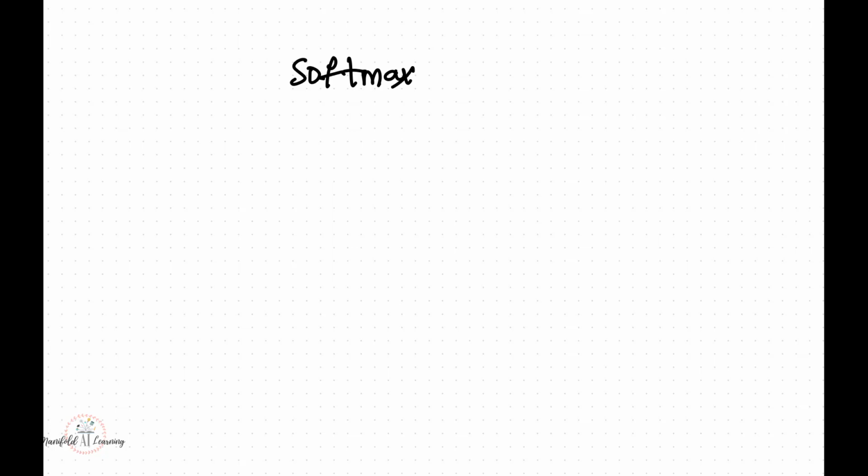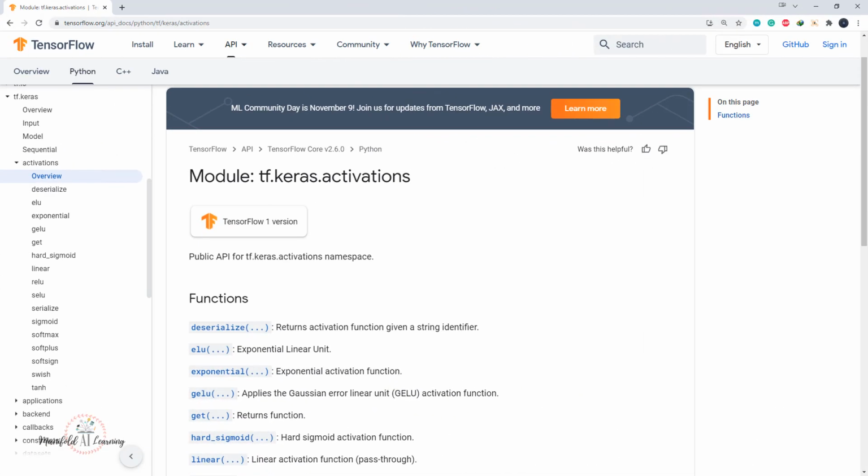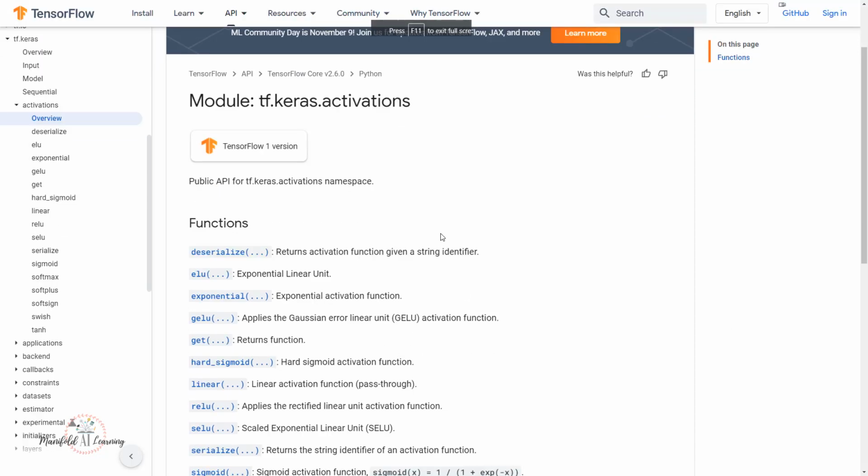Let's go there. Okay, so I'm now on the official Keras TensorFlow activation functions page, and this is the overview page, and here it displays the various activation functions that we have. We have the ELU activation function, which is nothing but exponential linear unit, and we also have the exponential activation function.